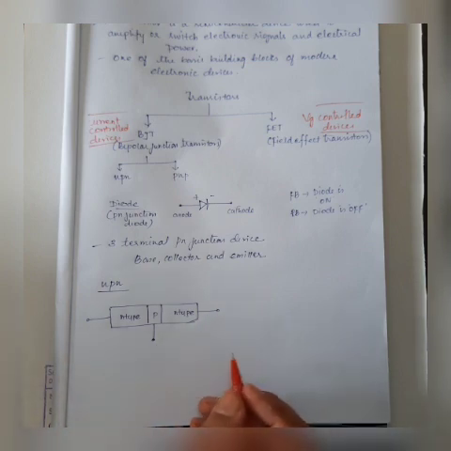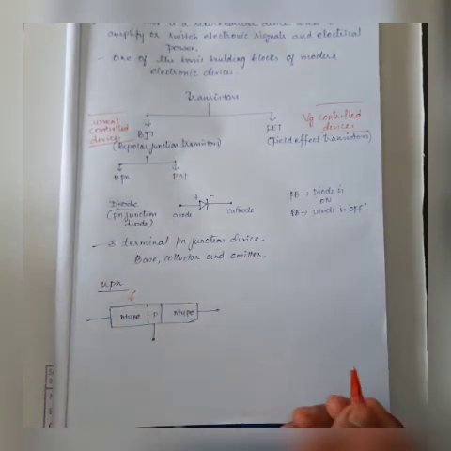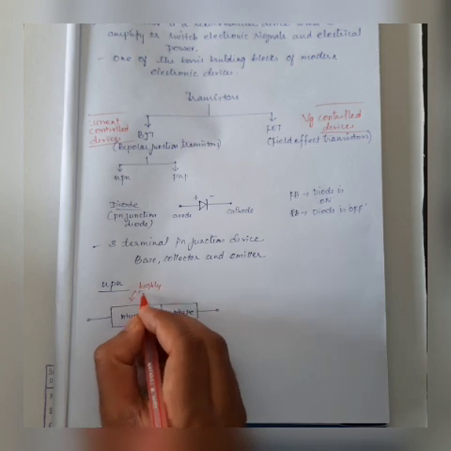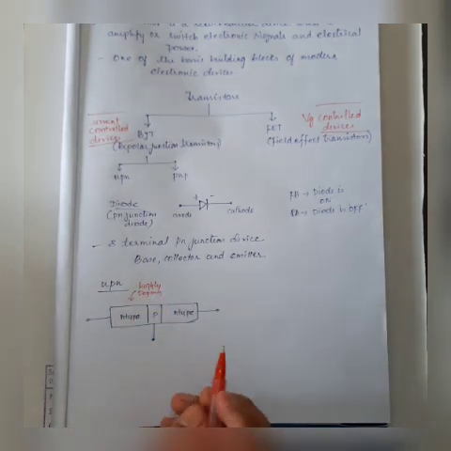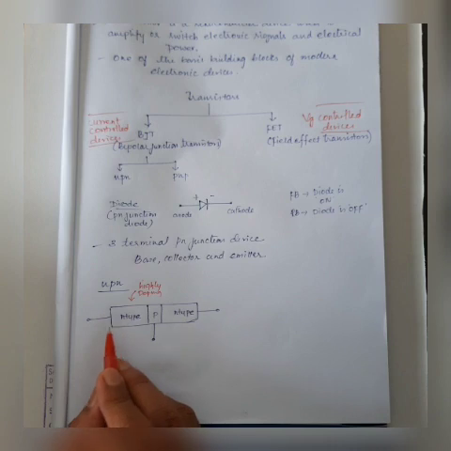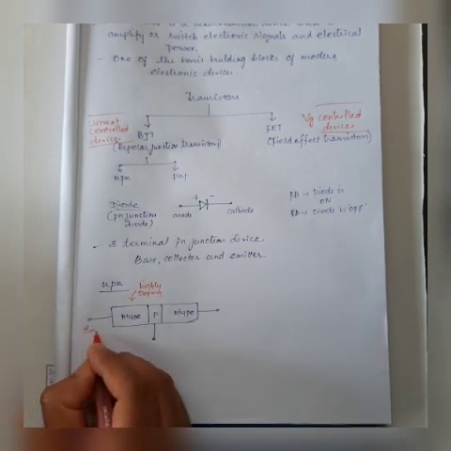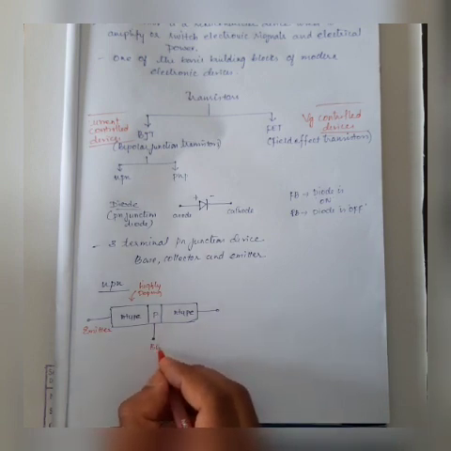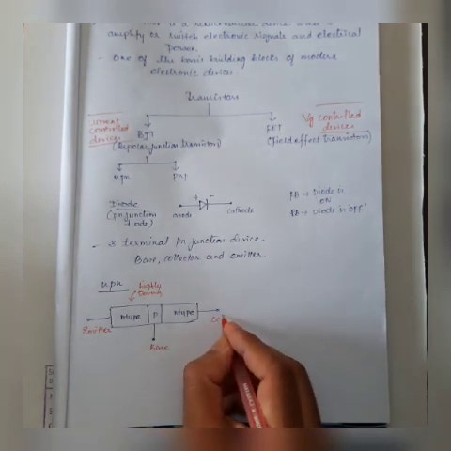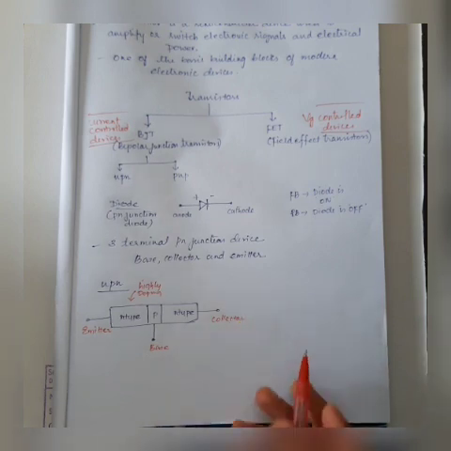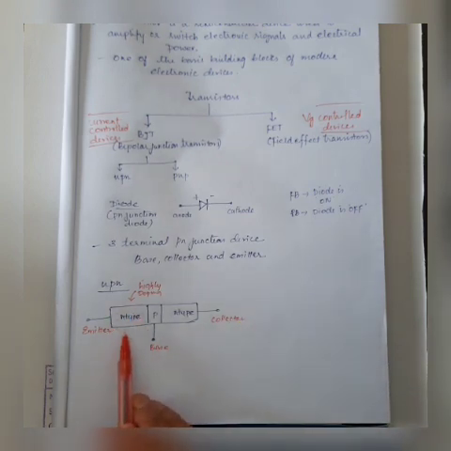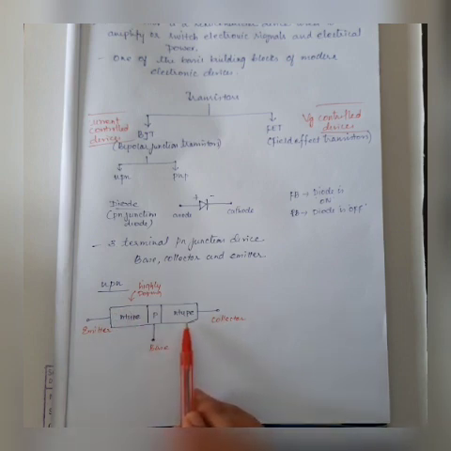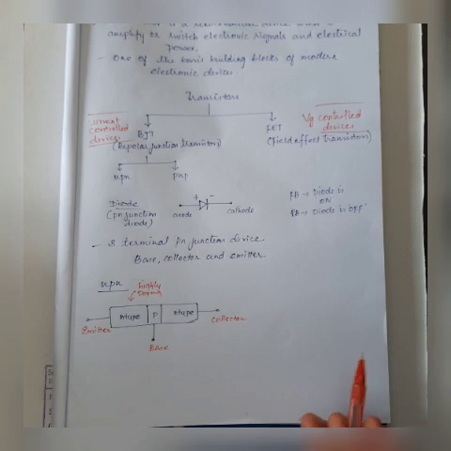One type of N-type material, they do highly doping. That means more impurities they will add, so more free electrons will be there. That terminal we will call emitter. The in-between layer we call base. The other one we call collector. You can see I heavily doped one, so there will be more free electrons. This is the usual N-type and the P-type. So three terminals.